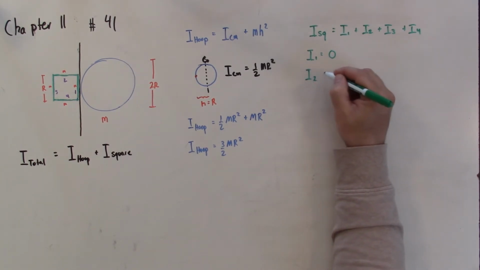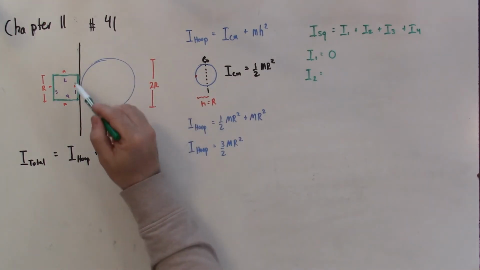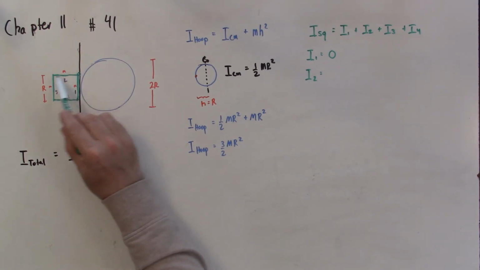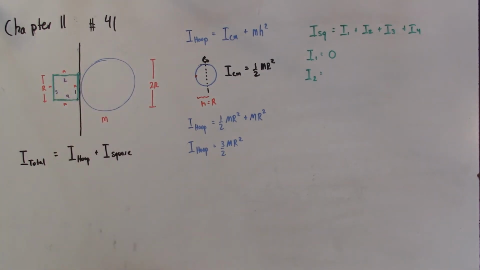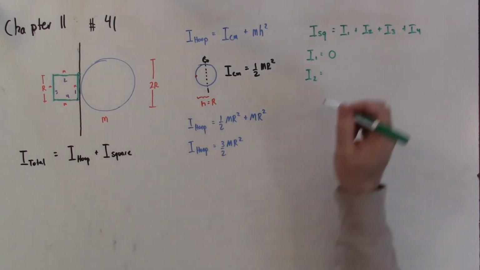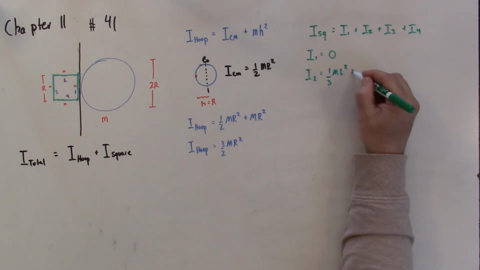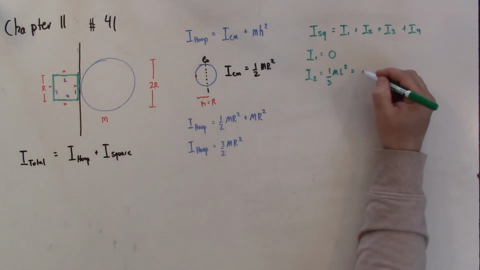What about number 2? Well, if you look closely, if I just isolate number 2, it's attached right here, so if I just look at number 2, it's a thin rod pivoted at one end. And if you look that up, a rigid rod pivoted at one end, what we found out earlier is that it's 1/3 ml squared. And if I look at the diagram here, our L value is an R, so it's 1/3 mr squared for